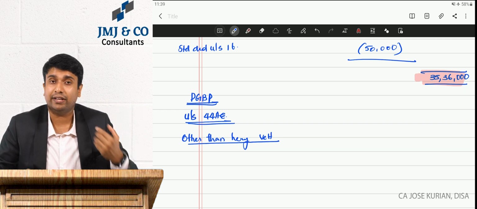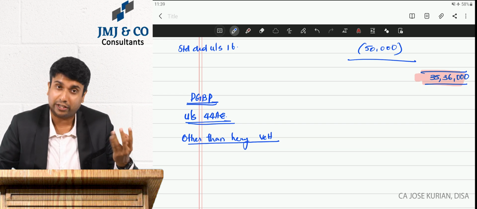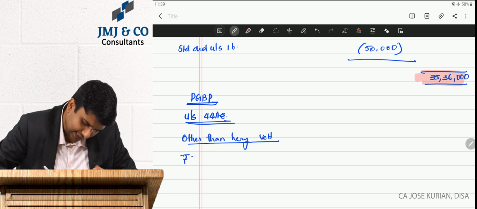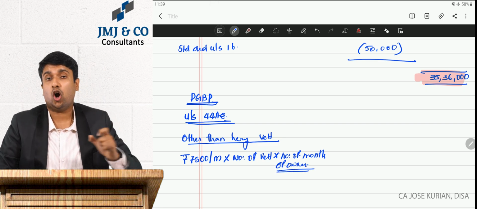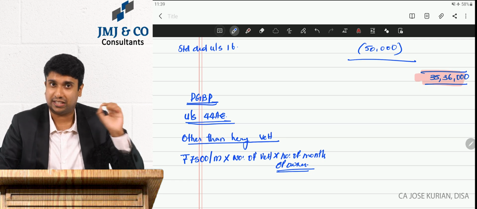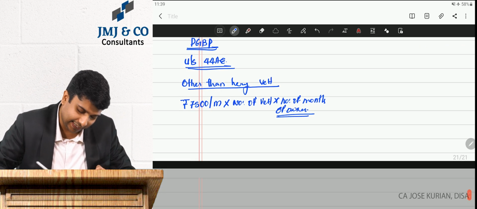And for other than heavy, how to compute presumptive taxation under 44AE? It is rupees 7,500 per month into number of vehicles into number of months of ownership. Number of months of ownership. It is actually computed based on the ownership basis, not on usage basis. Alright, so here he has four